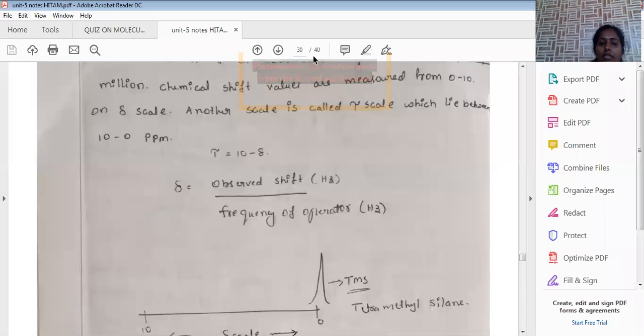In order to get these delta values, there are 5 more minutes before it disconnects. Again, I will send the link, so you have to rejoin. Please, we will finish this HNMR today.